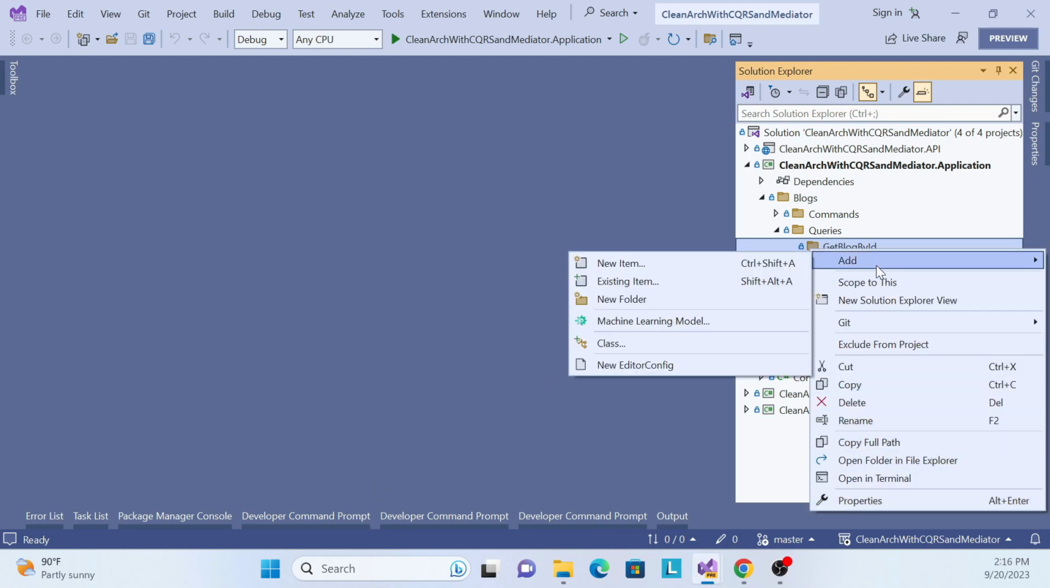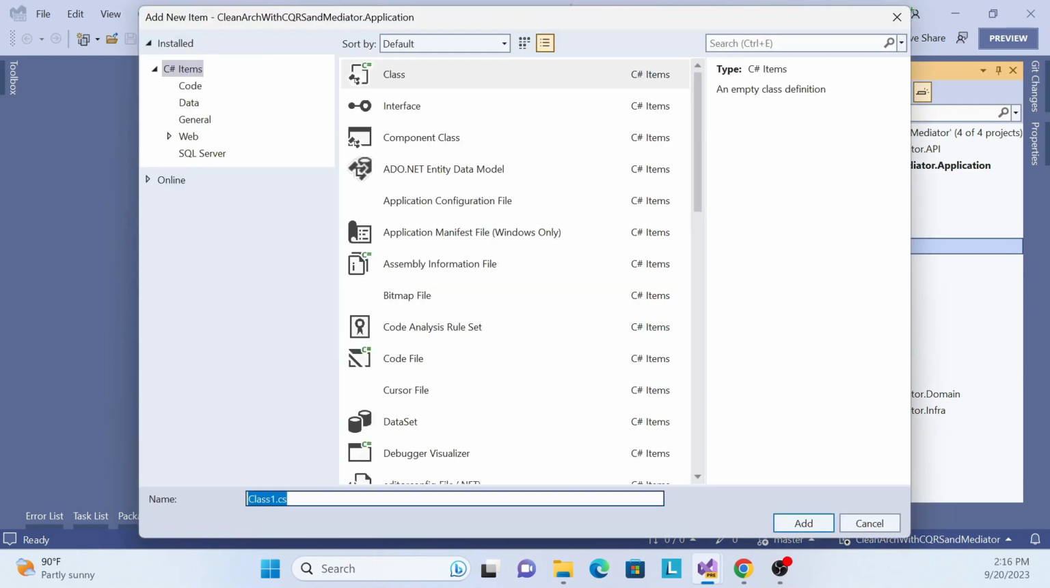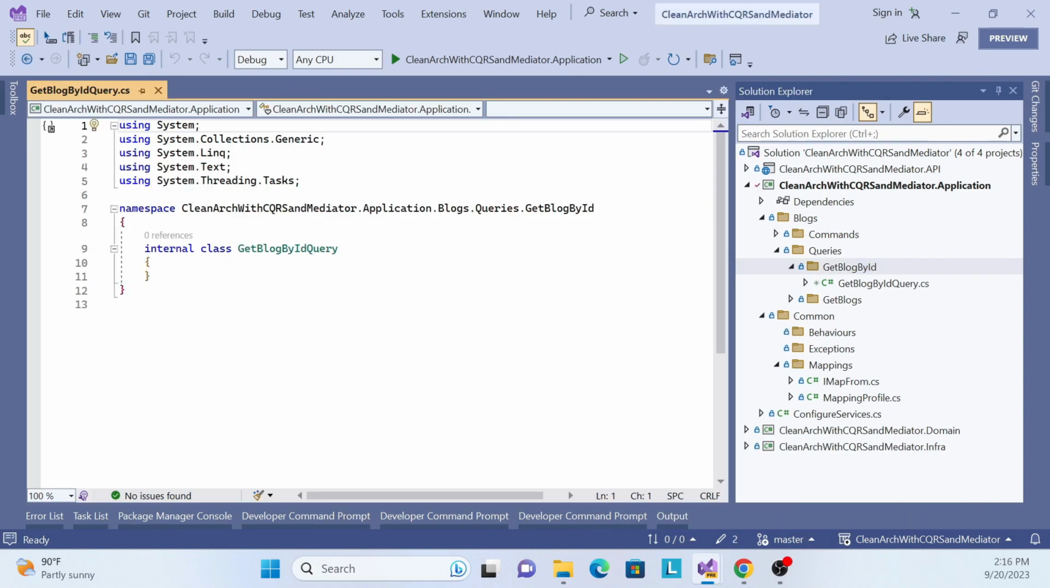Let me create a class. The class is GetBlogByIdQuery. Let me create that class, and then make it from internal to public. Then set it as the class, same as what we have done in our get list of blogs query class. I need to inject